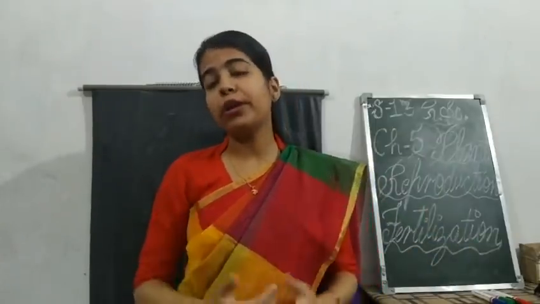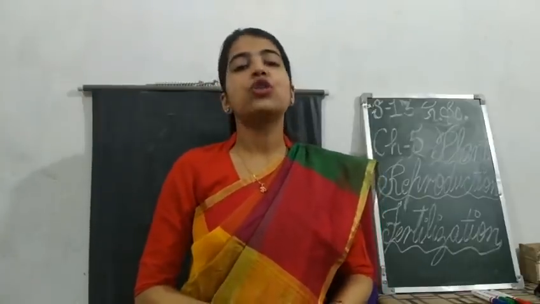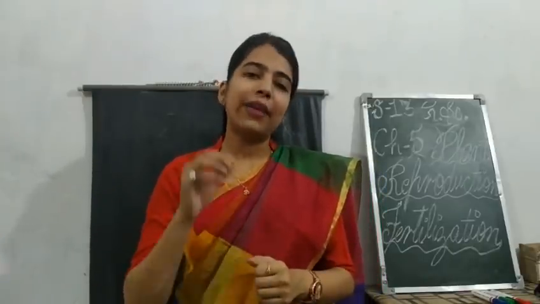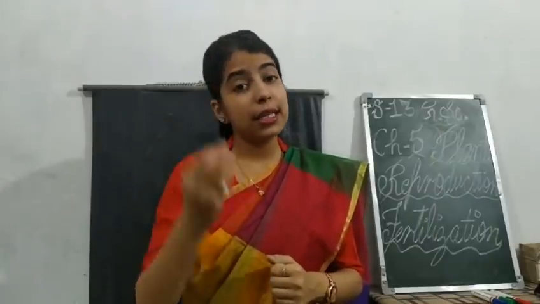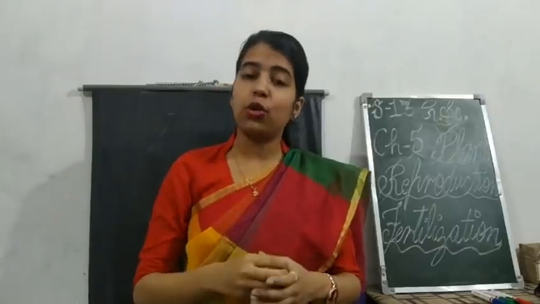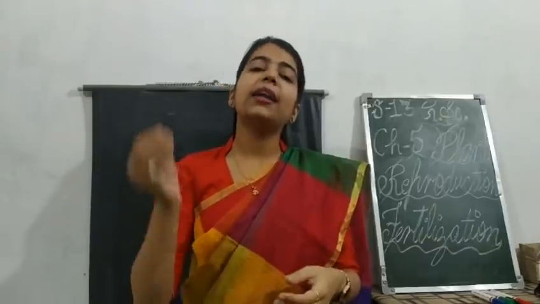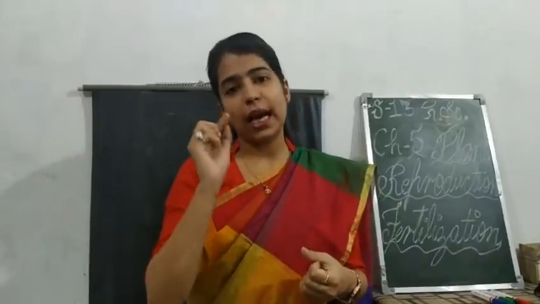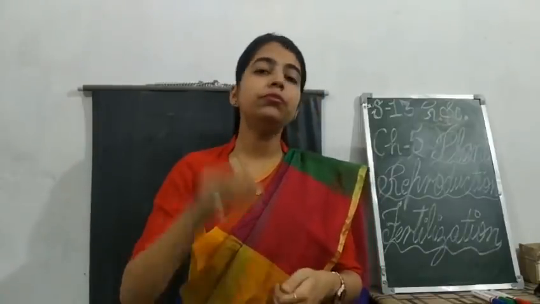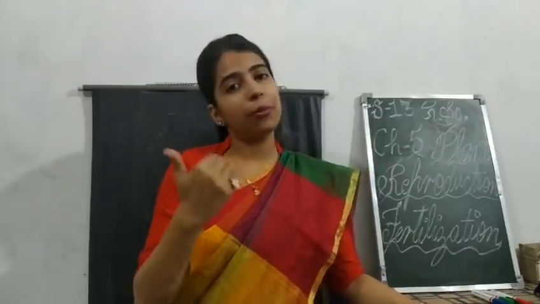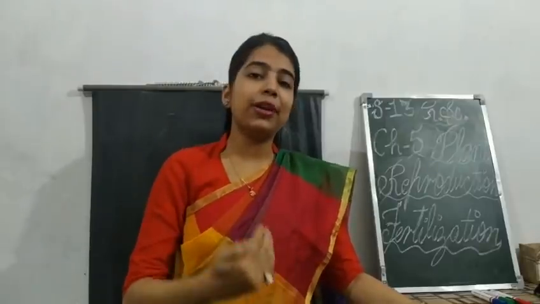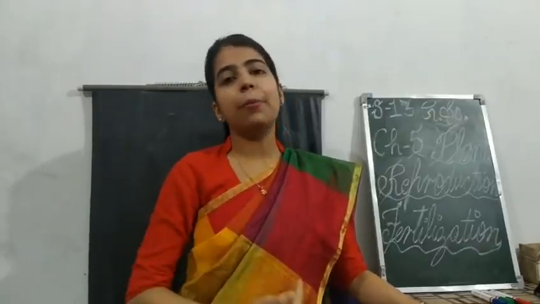So before that, let us take a quick recap of what we have already learned in our previous session. In your previous session, students, I explained the structure of a seed. The seed has the outer covering, that is the seed coat. Inside you have the cotyledons, and inside the cotyledons you have the tiny young plant, or the embryo. Then you also learned how you can grow a new plant from a seed. The process in which a seed grows into a young plant is called germination.